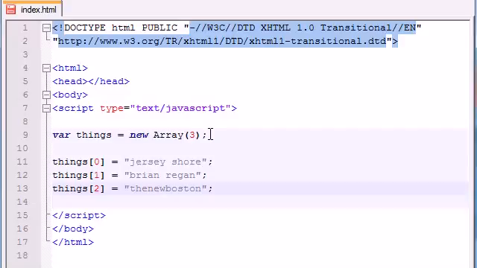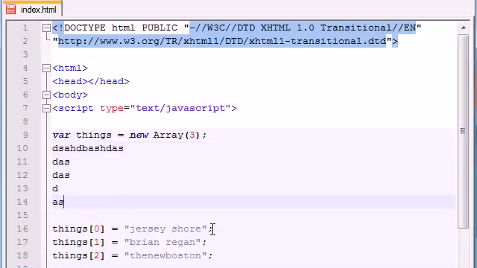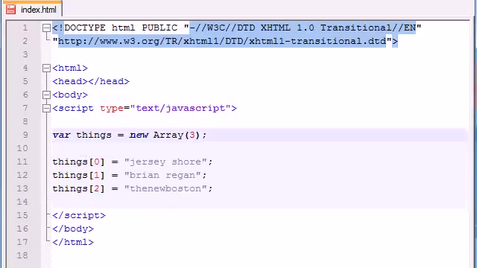So now what we did is this. We created the shell of the array by basically saying, alright, we're creating an empty array called things, but we're going to be storing 3 things in it. So what this does is JavaScript says, alright computer, set aside some space, so when he enters the 3 things, you can do it just fine. Believe it or not, you can actually make some code right here and then do it later on. It doesn't have to be right after it, but I just did it right after